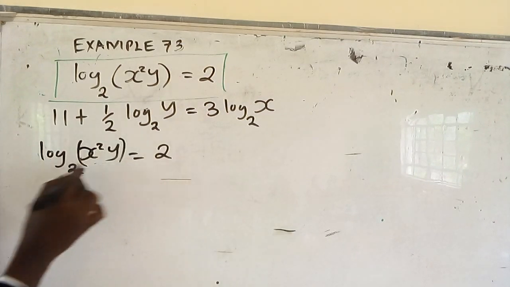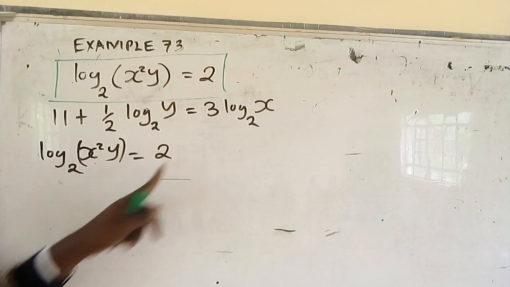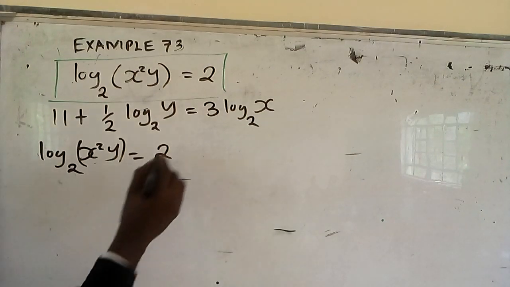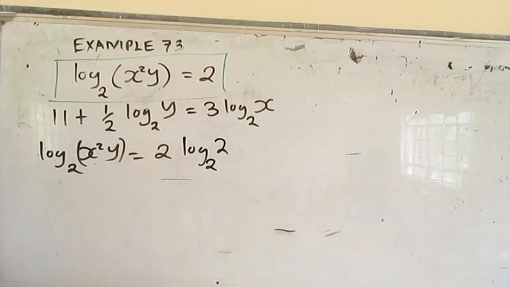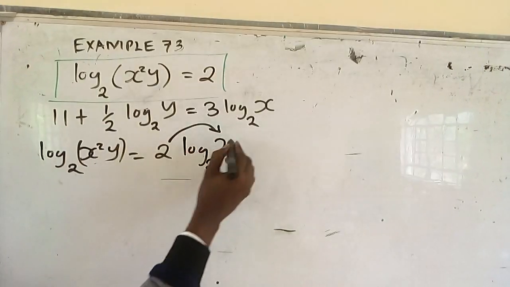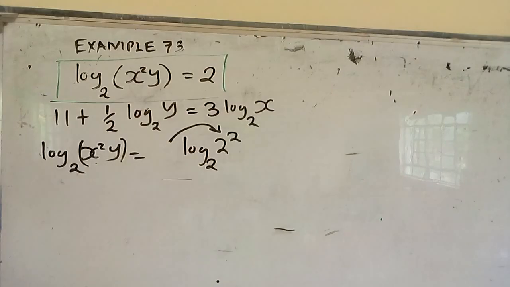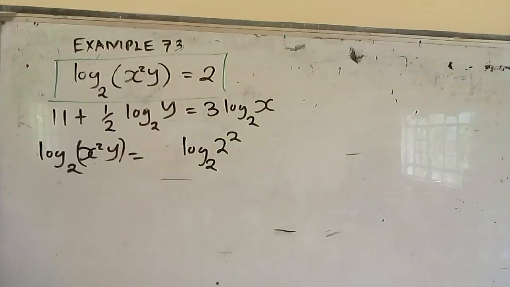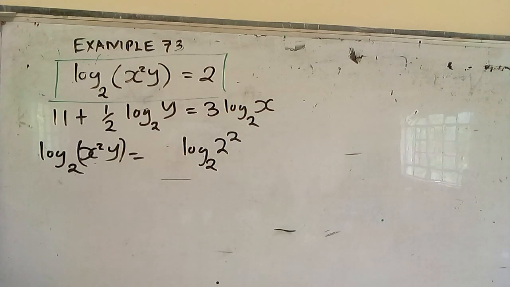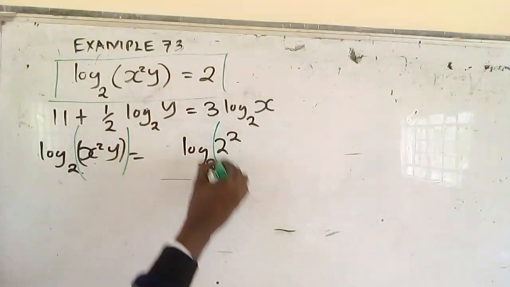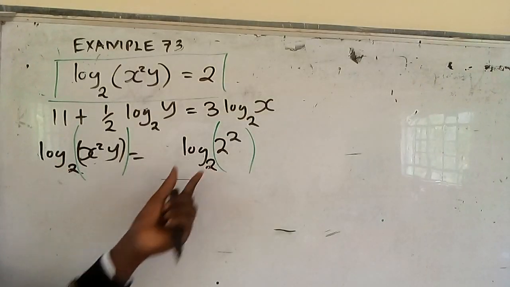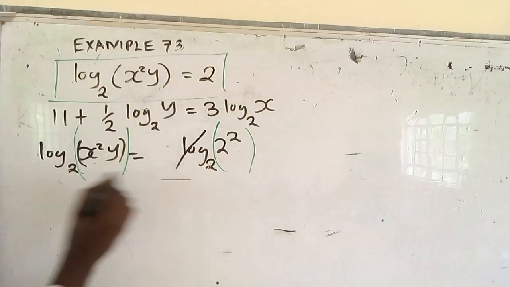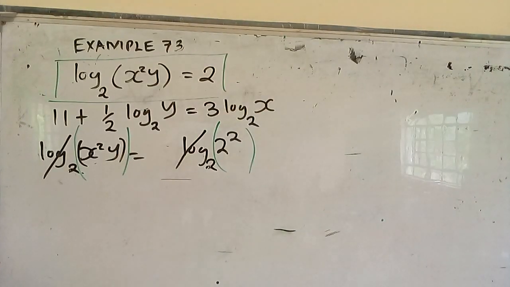So what do you do here to get rid of the log? This is base 2, meaning you introduce log to base 2 on the other side, isn't it? A log of a number to the same base is 1. So if you do that, the coefficient 2 becomes the power. After that you have log as a single term on both sides of the equation, log to base 2, so you can now ignore the log on both sides. So you end up with